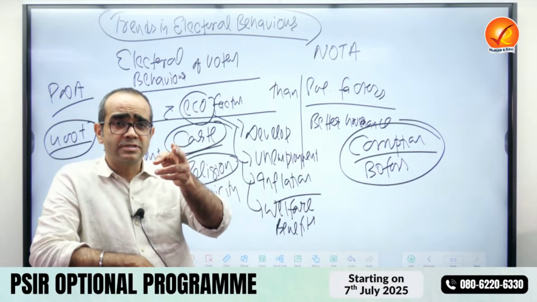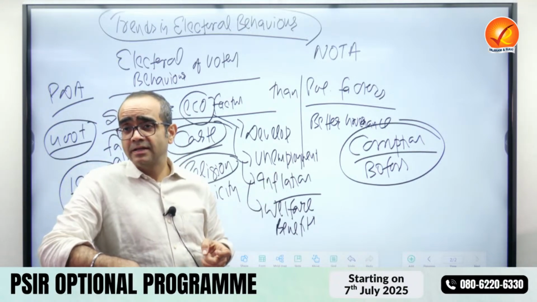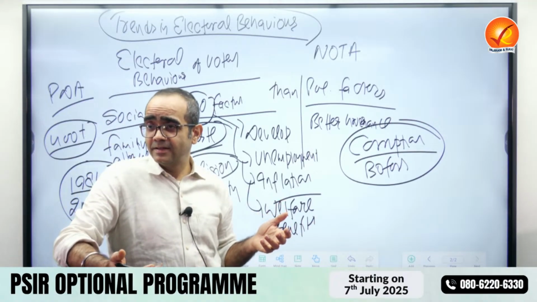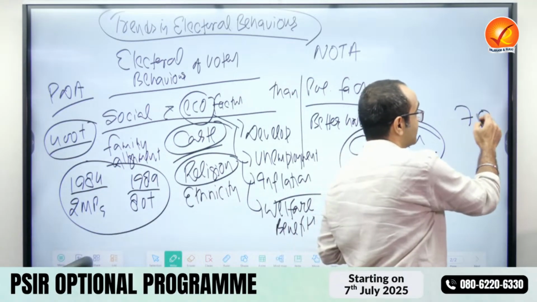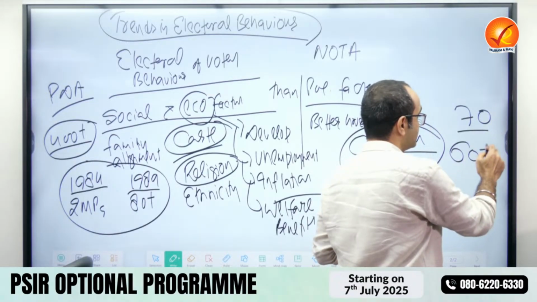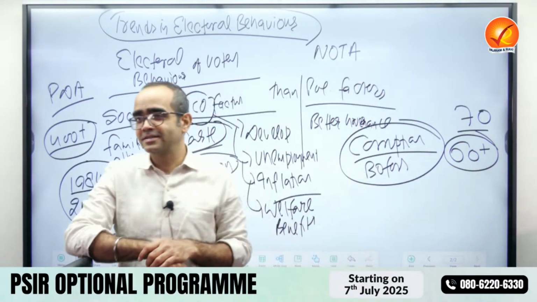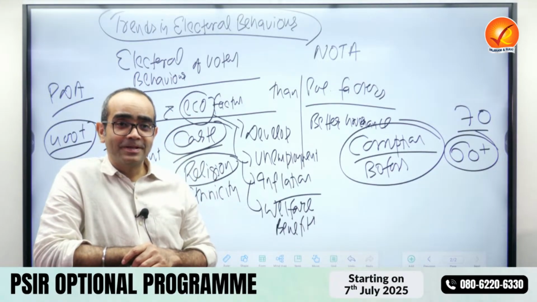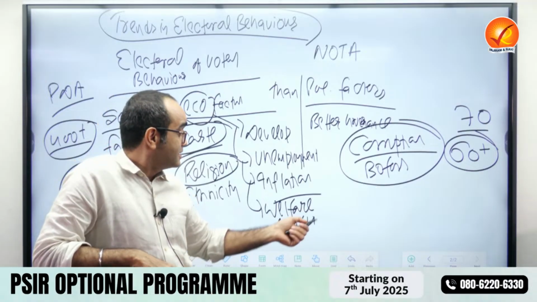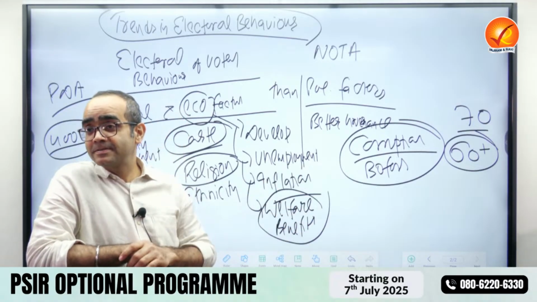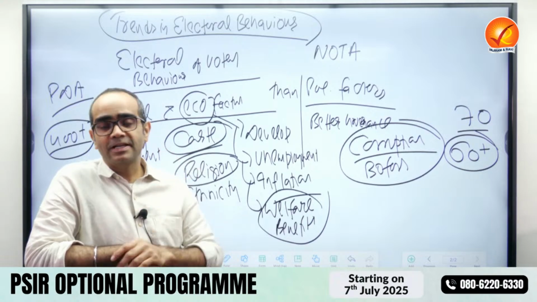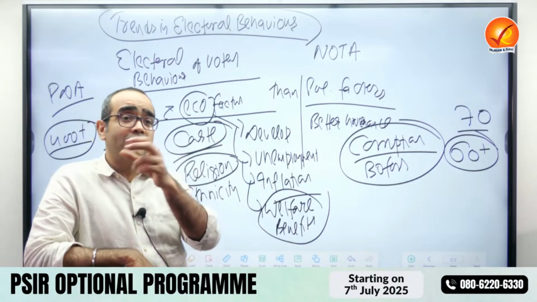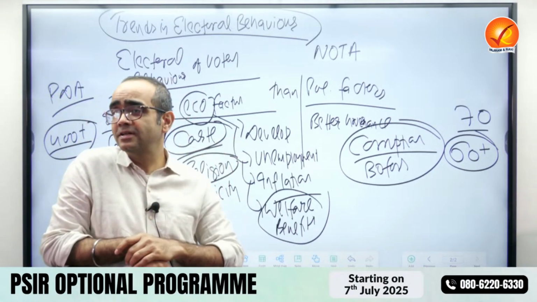So the voters who had given Aam Aadmi Party 2 resounding mandates, almost 60 plus seats out of 70, the Delhi Assembly has a total of 70 seats, and the Aam Aadmi Party score was 60 plus in the last 2 elections. Percent wise, is it 90%? Yes. One of the reasons was welfare benefits. The Aam Aadmi Party government invested in education and health. The Delhi model of governance versus Modi's model of governance in Gujarat.